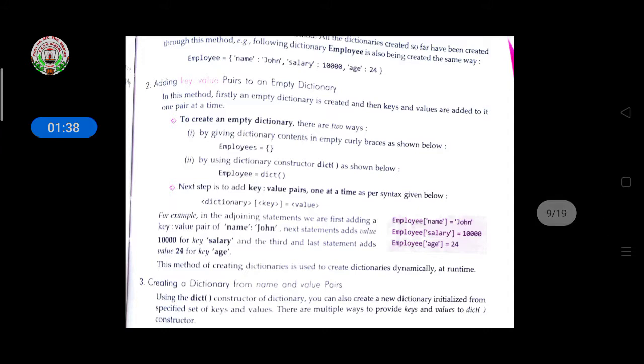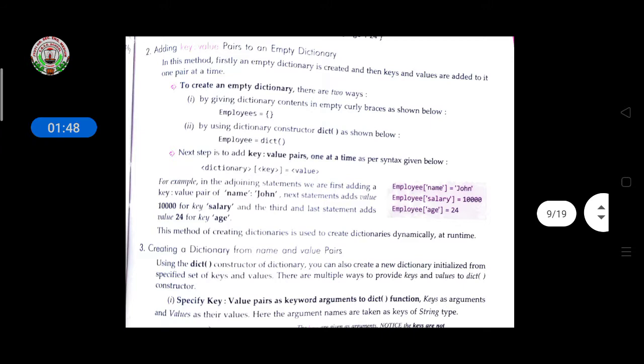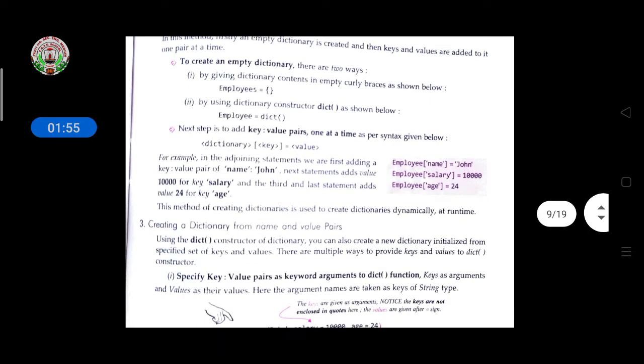Then, adding key value pairs to an empty dictionary. How to create? In this method, first an empty dictionary is created and then keys and values are added to it one pair at a time. To create an empty dictionary, there are two ways: by giving empty curly brackets as given below, like this.